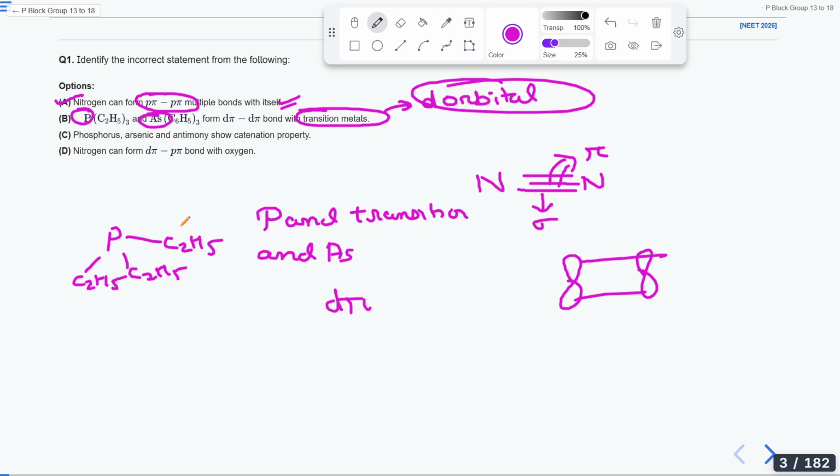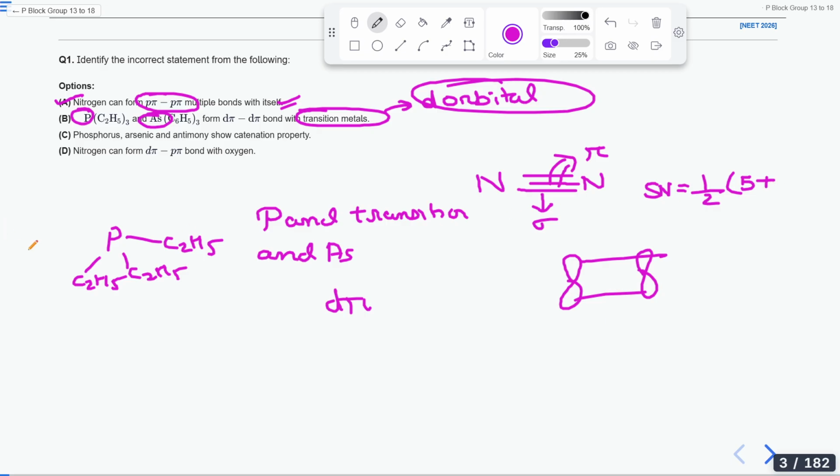Can anyone tell me, how do we find the hybridization? First of all, we'll calculate the steric number, which is half of V plus M. The number of valence electrons for phosphorus is 5. What is the number of